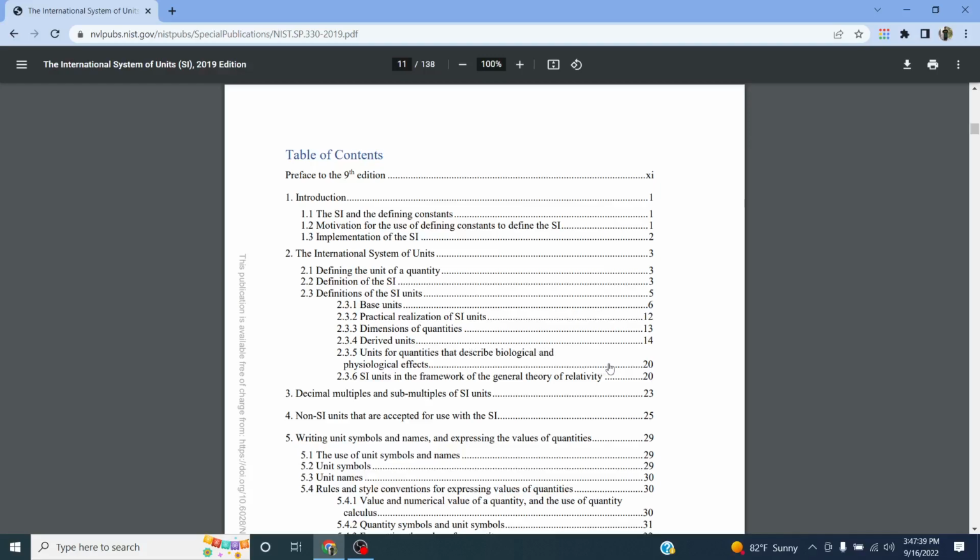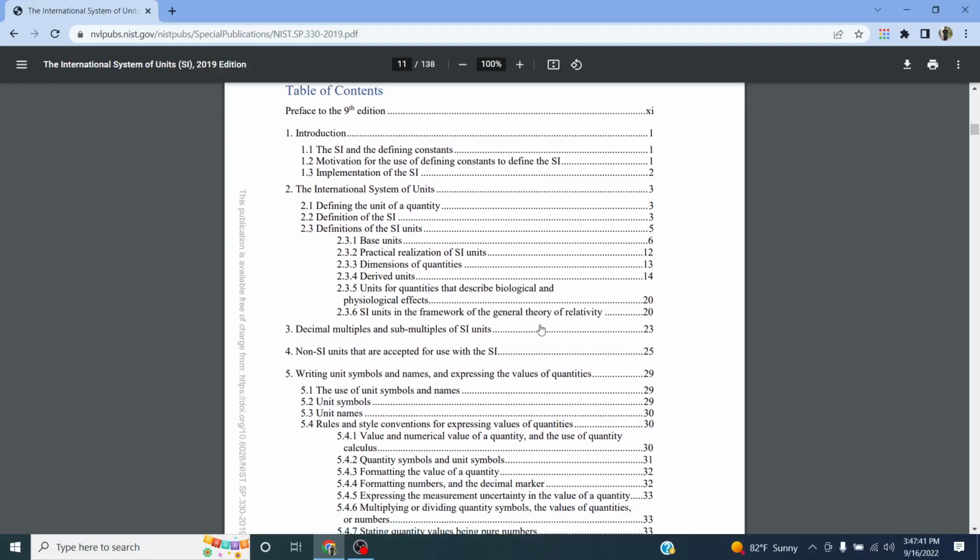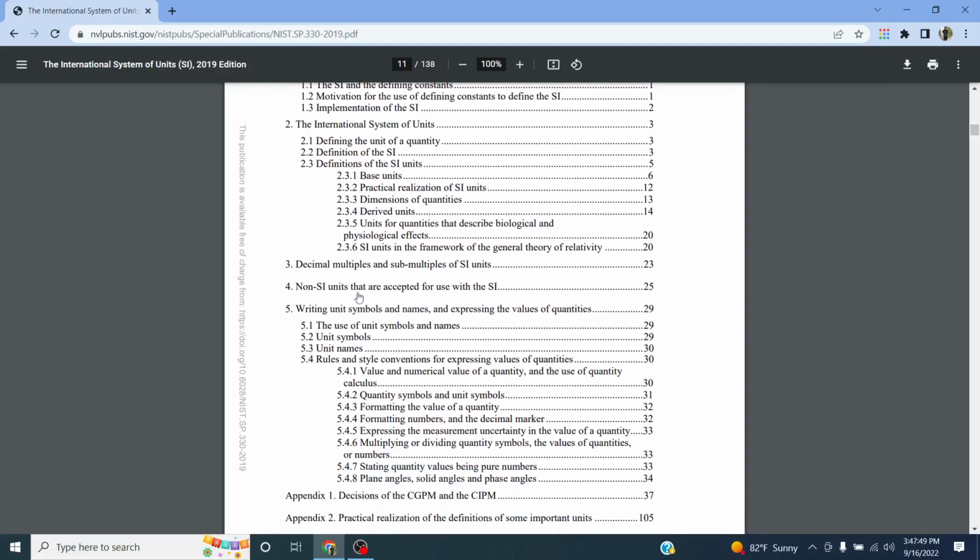SI units in the framework of the general theory of relativity, decimal multiples and submultiples of SI units, non-SI units that are accepted for use with the SI. Writing unit names and symbols: writing unit symbols and names and expressing the values of quantities, the use of unit symbols and names, unit symbols,